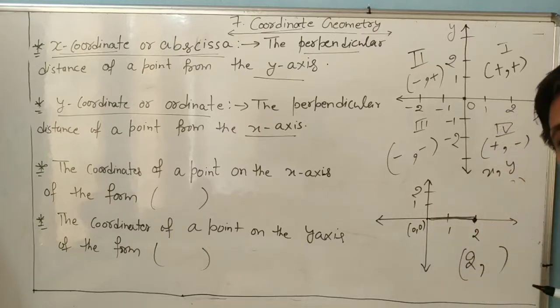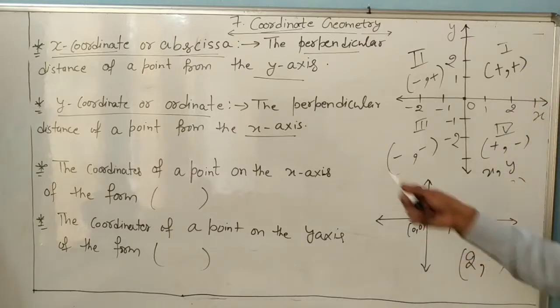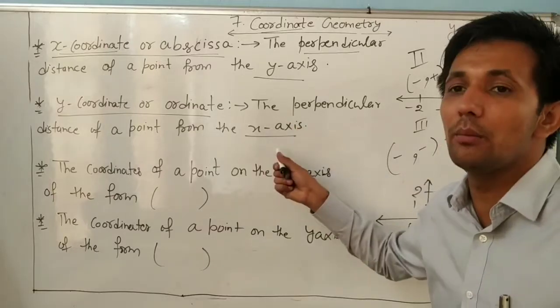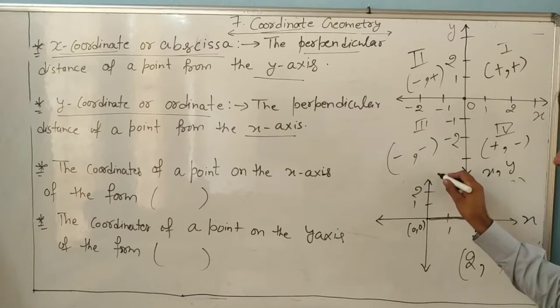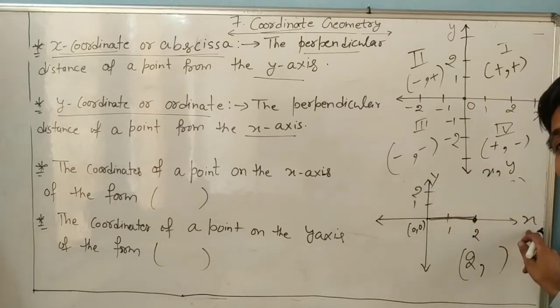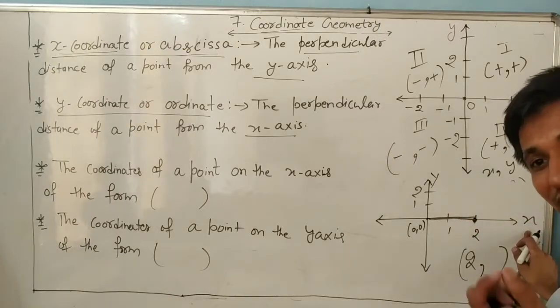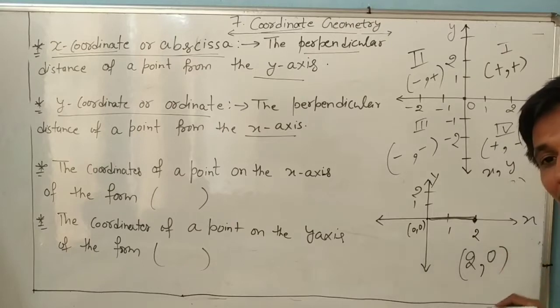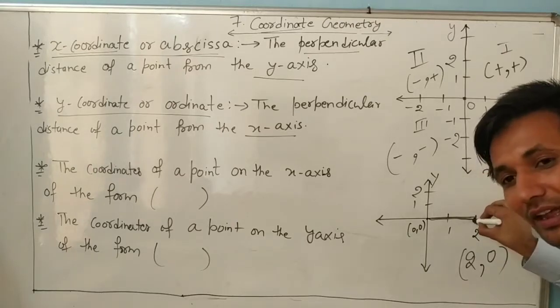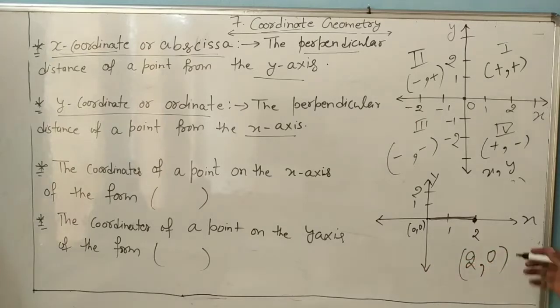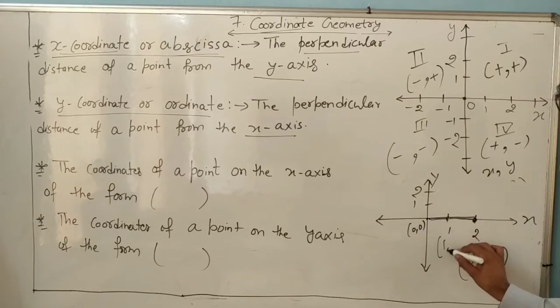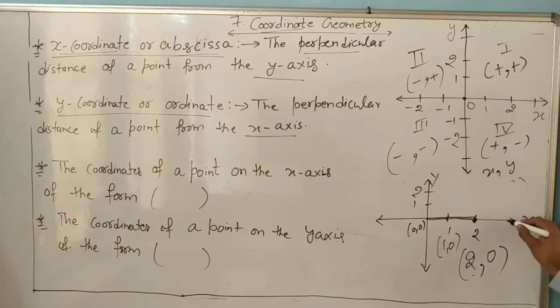2. Understand? And next is the y coordinate, the perpendicular distance from the x axis. This point is already on the x axis, so how far is it from x? 0. Because this point is already on the x axis. So it means both coincide with each other. So it means 2 and 0. Same as it, this one is 1, 0. Same as this point, 3, 0.